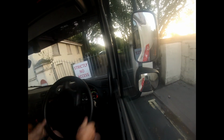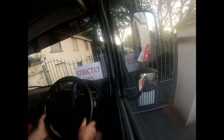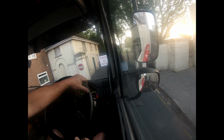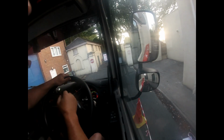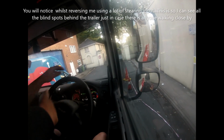See that now? And by doing that, now that gives us maneuvering room. You watch them two cones there? Put your lock on, take your lock off now. We get so far here now, we'll be able to put a bit more lock on. Well, this time of day now is the perfect time to come and pick these trailers up, because